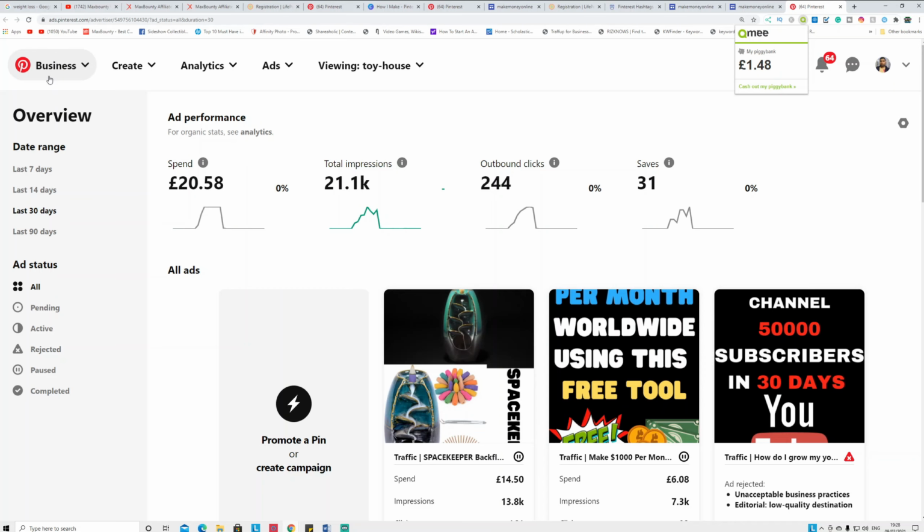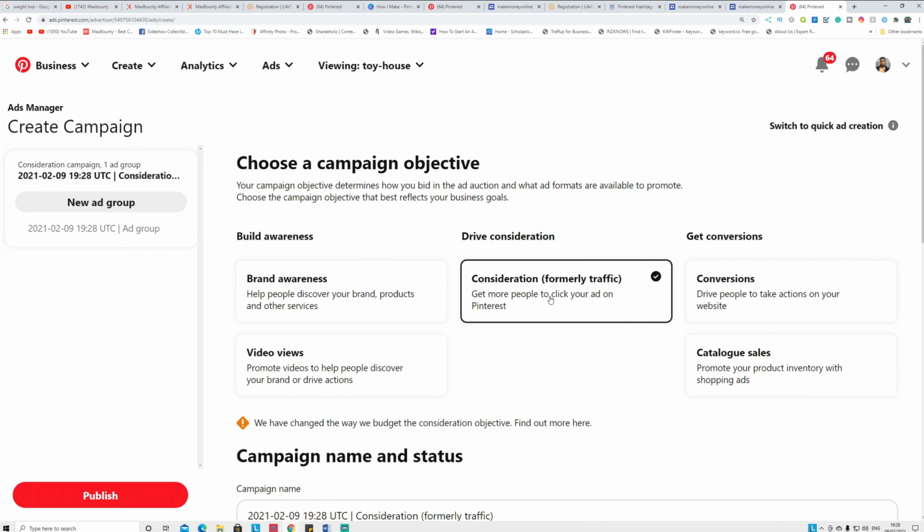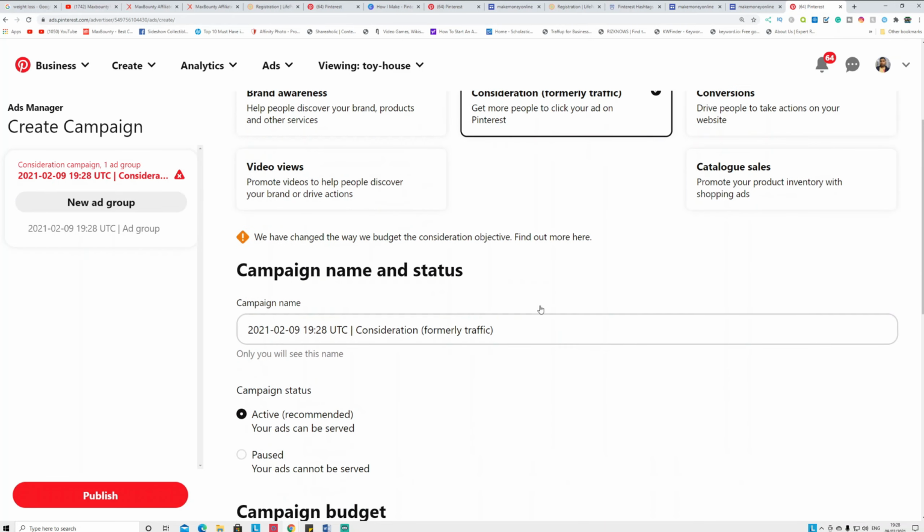So in your business section, you're going to click add, and you're going to create an ad. Then it will take you to this page that you can see here. You're going to select this one, you're going to get traffic, and you're going to get clicks for your pin. Select that, and you're going to put that